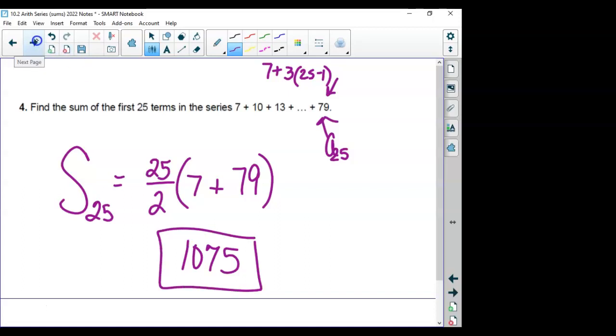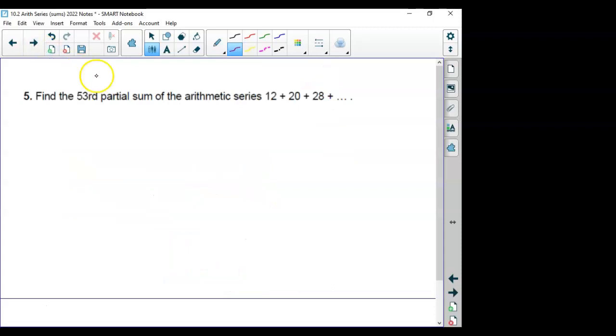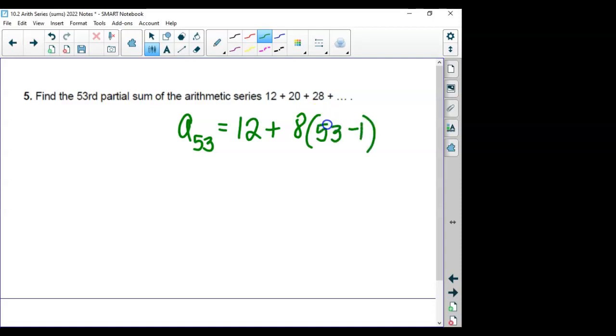All right, I feel like we're coming up on some word problems eventually. This one, just one more practice. We don't know the 53rd term yet. So to find term 53, we would take what? What's the first term? Plus, what's the difference? 8. So if we want the 53rd term, we do that 52 times, or 53 minus 1. I got 428 is term 53. So the sum,